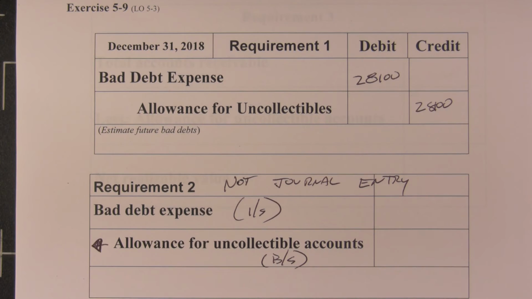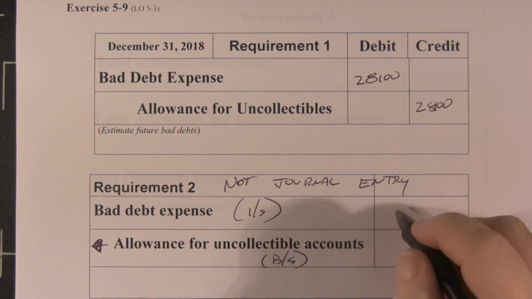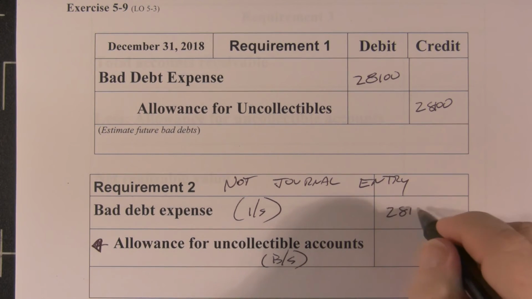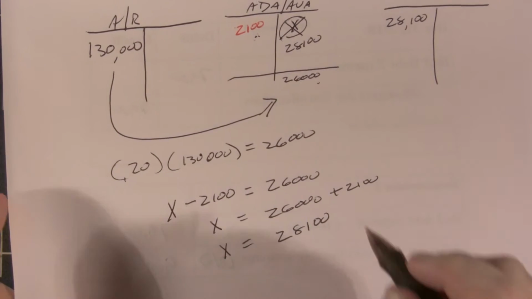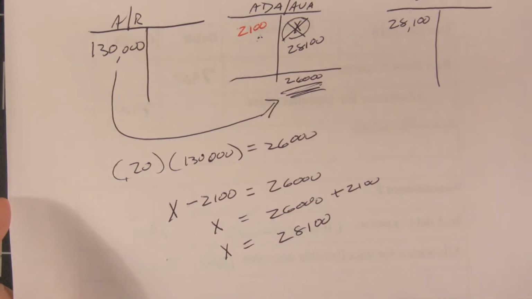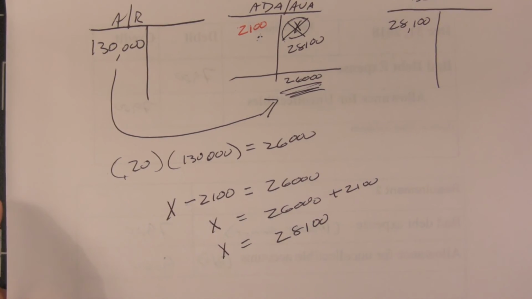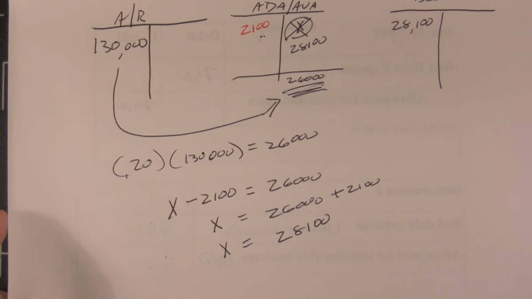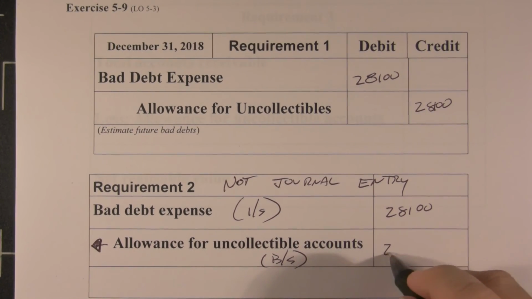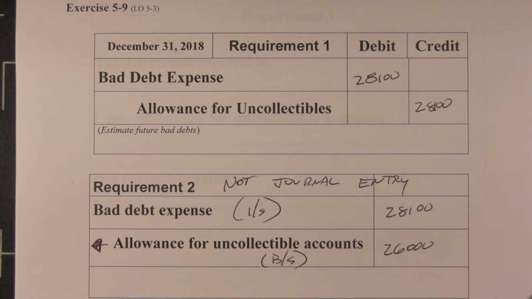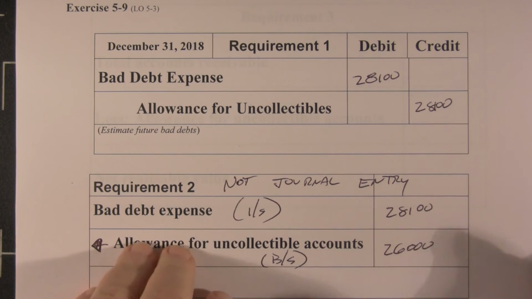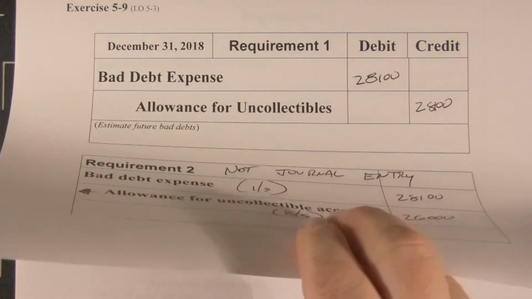So the bad debt expense would be the 28,100 that we had to recognize. The balance in the allowance for doubtful accounts is the 26,000, the 20% of the 130,000. And the last requirement, again, is going to say, please show us